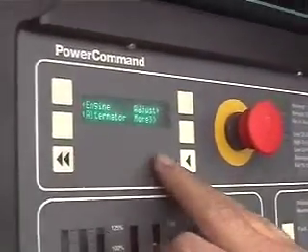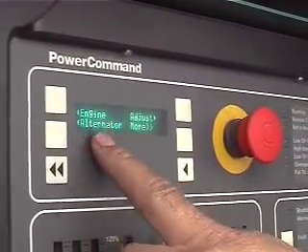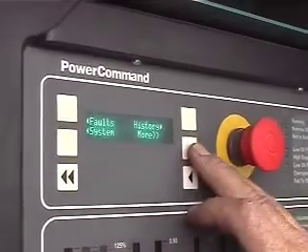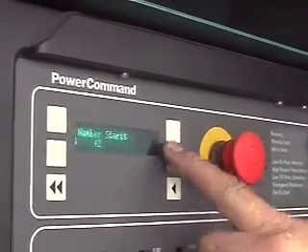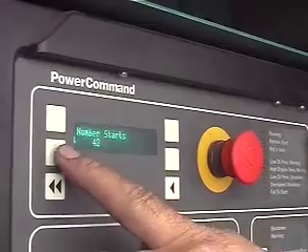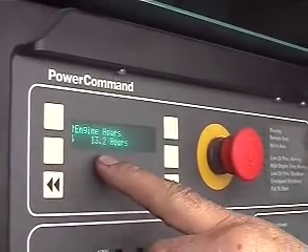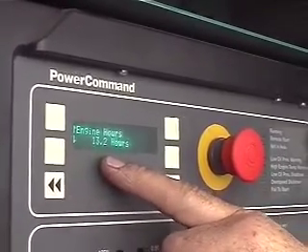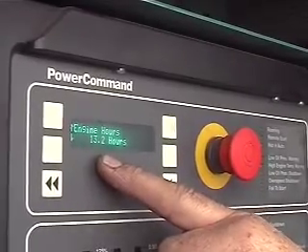Wake it up by pushing the arrows, either one of the double arrows. You can go to the engine, you can go to the alternator, you can go to more. In the more, they got history, which will give you your number of starts, and it will give you your engine hours, which is 13.2. So obviously this has been exercising because it's got 13 hours on it. Startup, usually you have, I'm assuming this probably had a 4-hour load bank on it and probably had another hour of testing of just miscellaneous stuff. So exercise time, we've obviously been exercising. So with that being said,